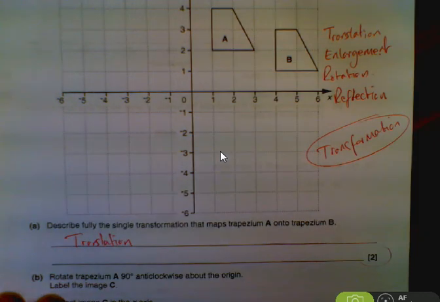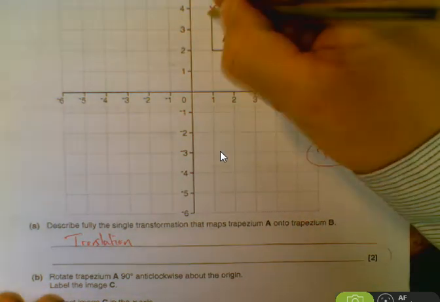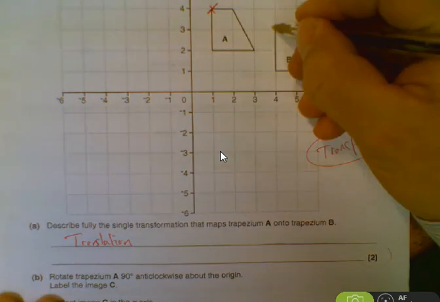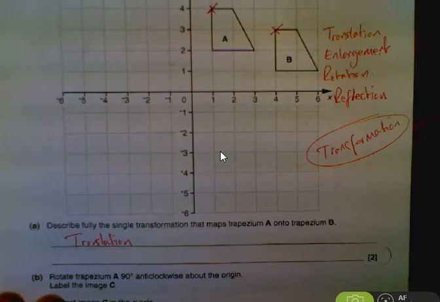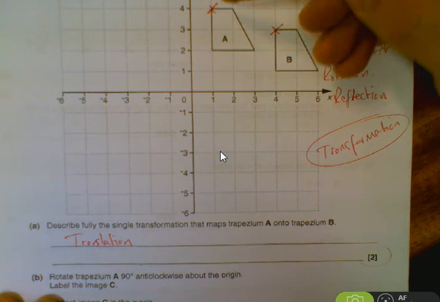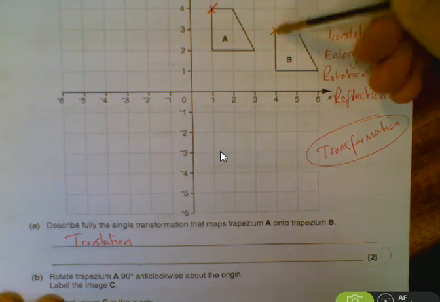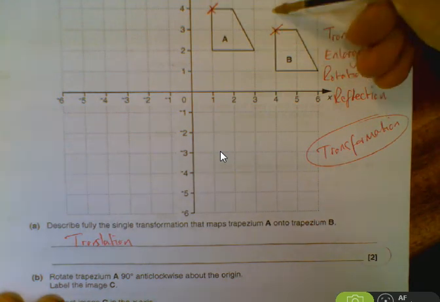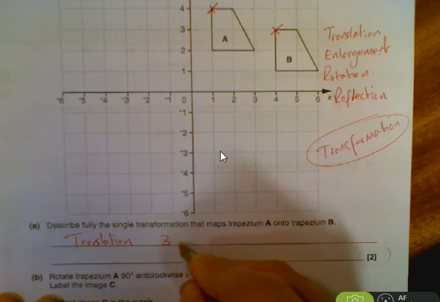And secondly, I have to give an indication of how it's moved. So I'm just going to highlight 1 point, that's the top left corner, on both shapes, and that will give me a visual clue as to how many we've moved to the right and down in this case to get from A to B. So if I count the squares from this cross to this cross, 1, 2, 3 to the right and 1 down. So that is translation, 3 right